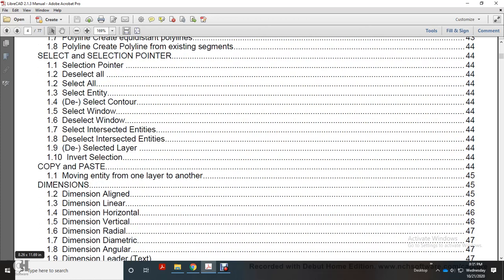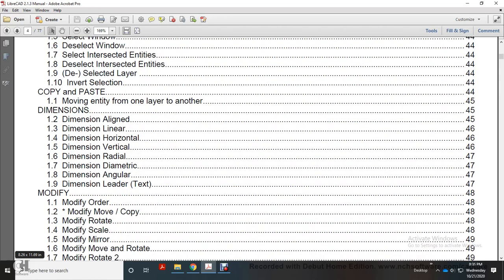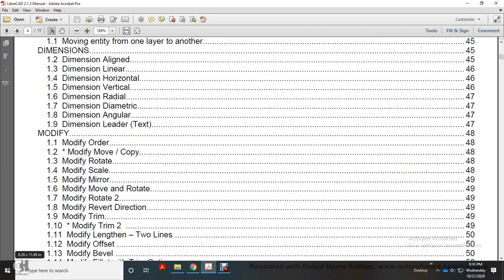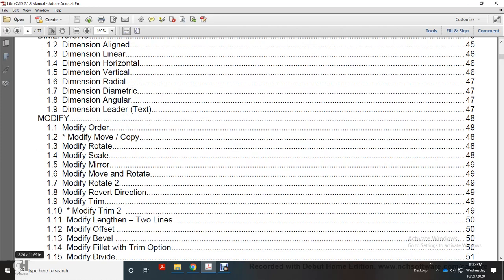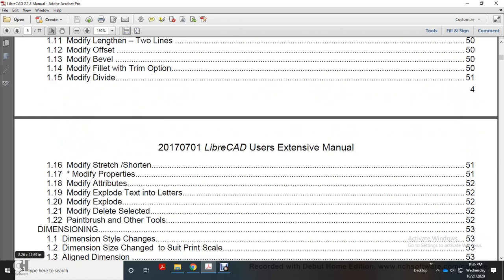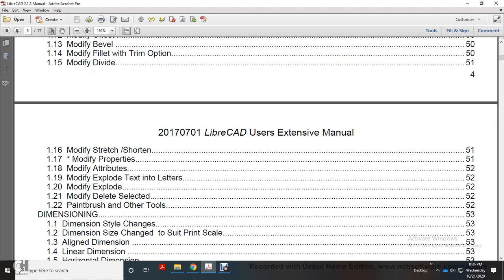Dimensional align, dimensional linear, dimensional horizontal, dimension vertical, dimensional radial, dimensional diametric, dimension angular, dimension leader, modify, dimension leader text, modify order, modify move, copy, modify rotate, modify scale, modify mirror, modify move and rotate, modify rotate to, modify revert direction, modify trim, modify length, 2 lines, modify offset, modify bevel, modify fillet with trim option, modified and divide, modified stretch, shorten, modified properties, modified attributes, modified exposed text and letters, modified exploded, modified deleted, selected, paintbrush and other tools,